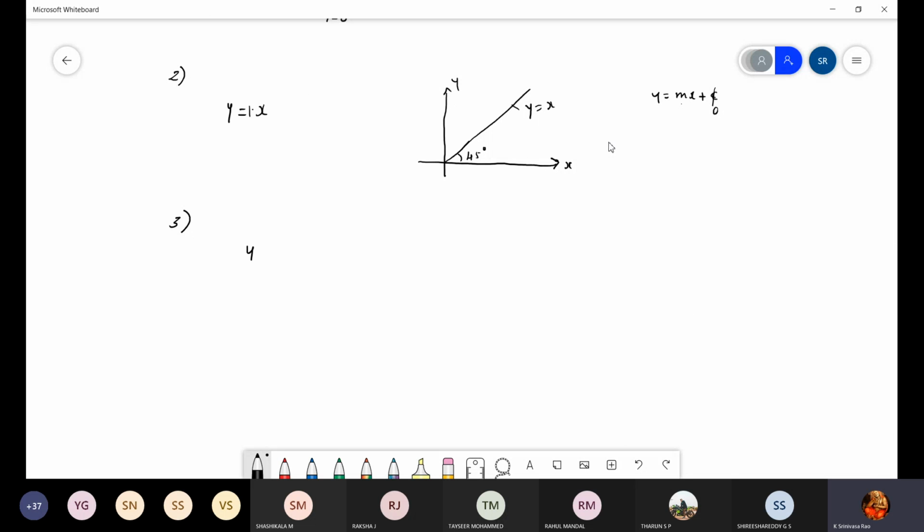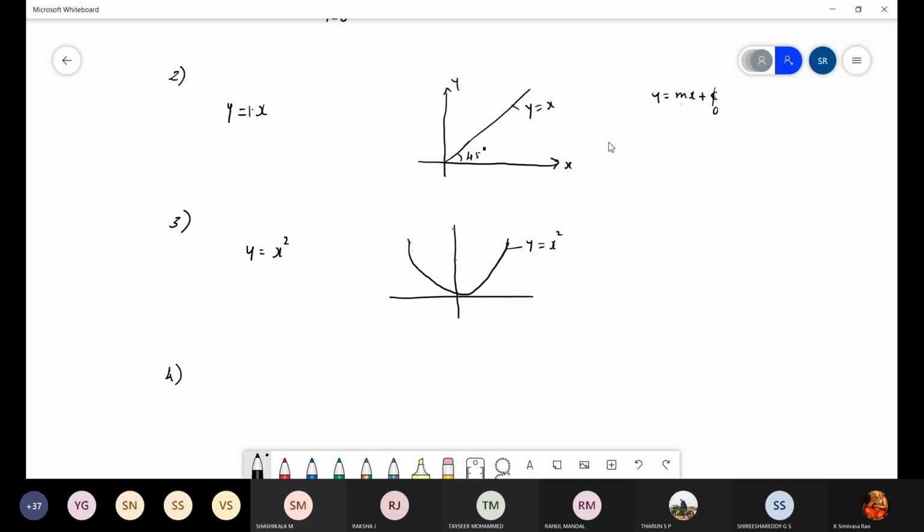y equals x square. What does it represent? Parabola. Okay, so it is symmetric about the y-axis. You will get it like this. So draw neatly, because on the board I can't draw perfectly. So this is y is equal to x square, a parabola. It is symmetric about the y-axis. Symmetric about means the y-axis acts as an image or mirror. Whatever the image on the right side, the same should be on the left side also.